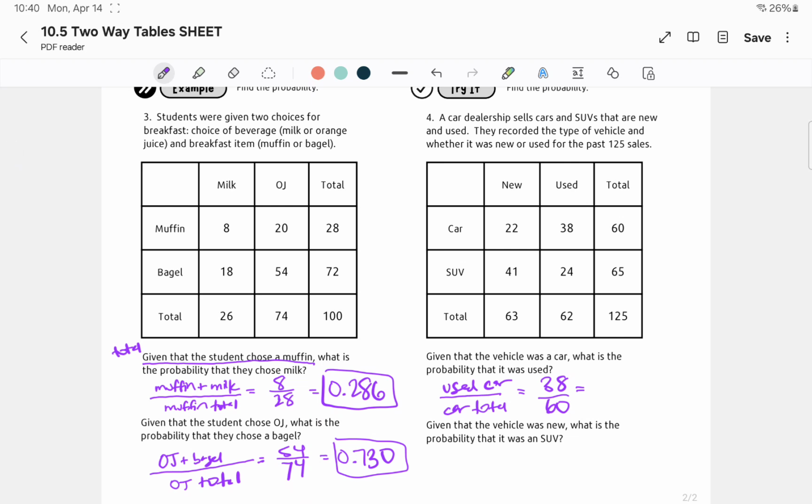So 38 divided by 60 is 0.633. And if you still need help with finding where the numbers go, just let me know. But I got used car because I'm following each one and they intersect right here. And then I'm finding the total for car because car and total intersect right here. Okay. All right. Last part, given that the vehicle was new. So new is going to go on the bottom. What's the probability that it was an SUV? So it's got to be a new SUV. So new SUV is 41. Total new is 63. We're going to divide 41 by 63, and we get